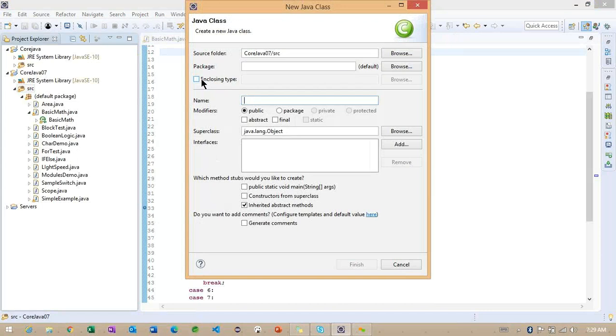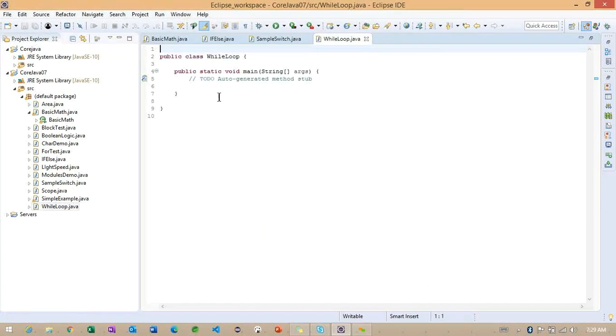So to work on the particular while loop, what is the syntax we need to follow here? Basically, when we are working with the while loop, this is the while keyword, and now we need to specify the condition.